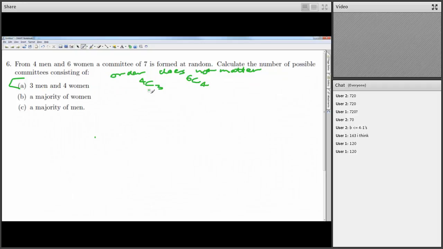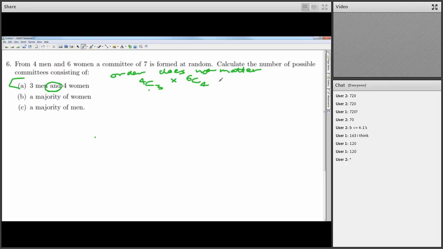So some questions I've got: what are the numerical values, and what do you do? Should you be doing multiplication or plus? Which of those 2 different cases should you do here? Plus would imply that you want to do one or the other. Multiplication if you want to do one and the other. Since we really do have the word and here, that tells me we should do multiplication. So you want to multiply the 2 together.